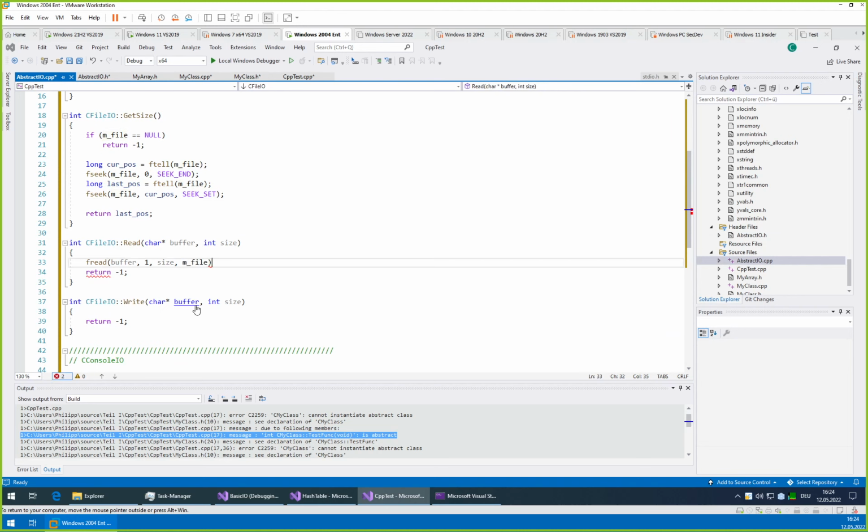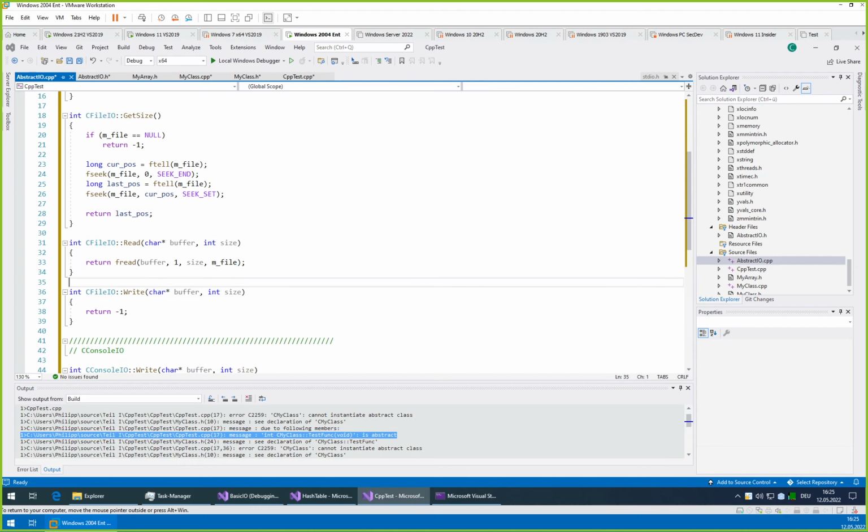Yes, okay, mfile. And that should, as far as I remember, just return us the amount of bytes read. So in principle we could just return the value of whatever this is, and fwrite will be the same.